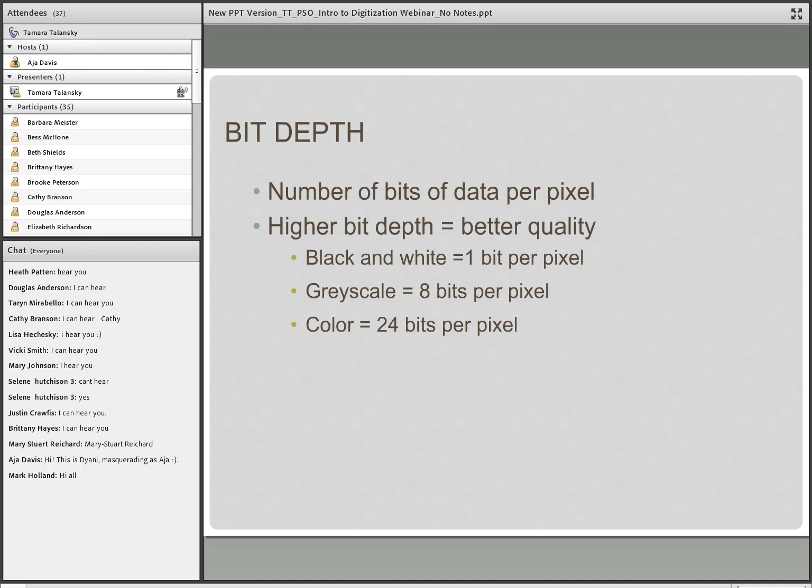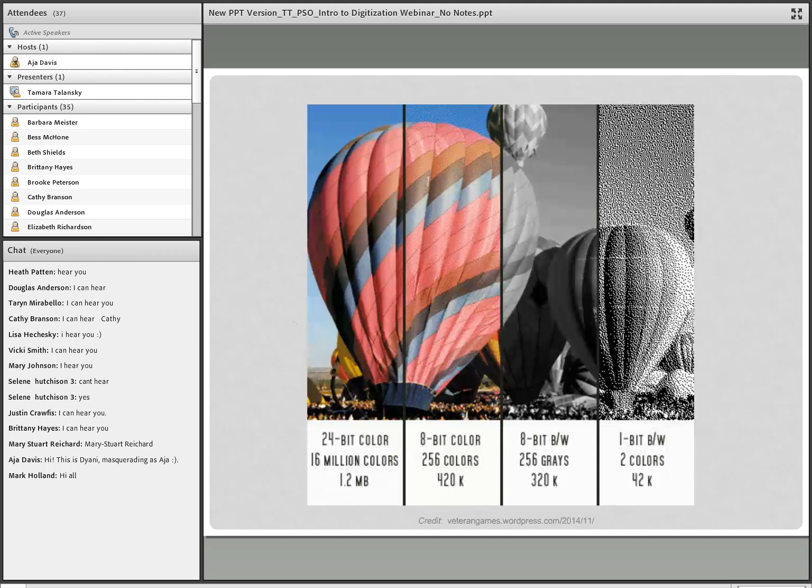Some scanners actually also do 16-bit grayscale and 48-bit color, quite a bit higher. With more bits per pixel, you have more to work with if you're going to be editing the photo, but this also increases your data and the file size. Here's an example of the differences between the different bit depths. You can clearly see that the higher the bit depth, the better the quality.